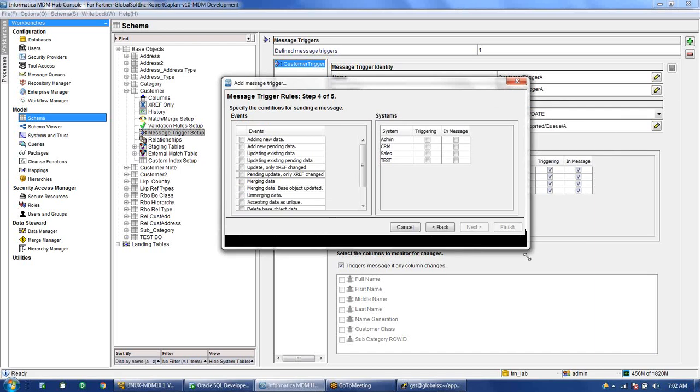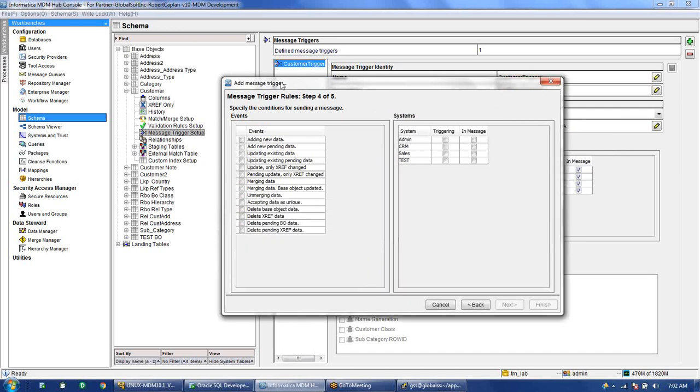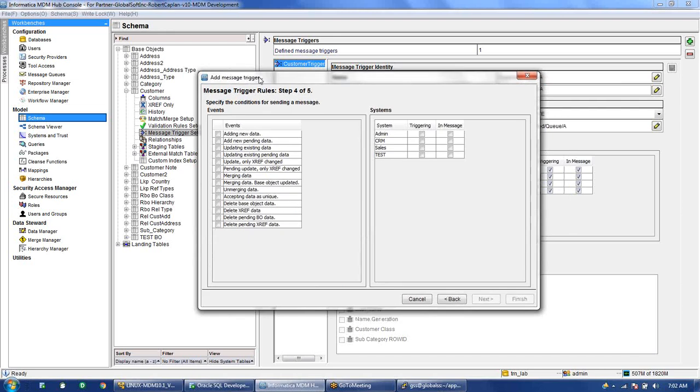And these are the actions basically. It will ask you when you want to generate an XML file, or when you want to trigger a message. So these are the events or the options which are available. We can add, as of now, adding new data, updating existing data, merging data and unmerging data.